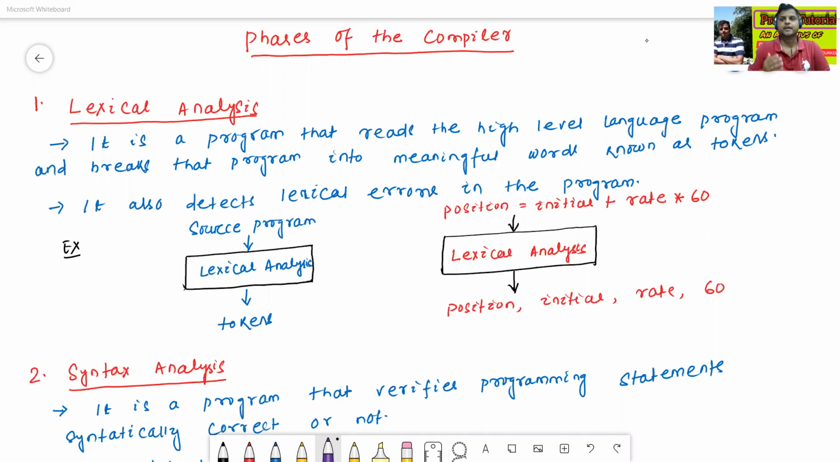In today's class, we will discuss the phases of the compiler with the help of one suitable example. We have already discussed the phases of the compiler, but in particular today's class, we'll discuss each phase of the compiler with the help of one example. So the first phase of the compiler